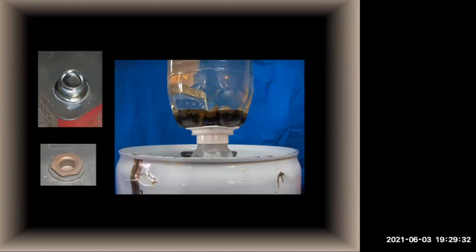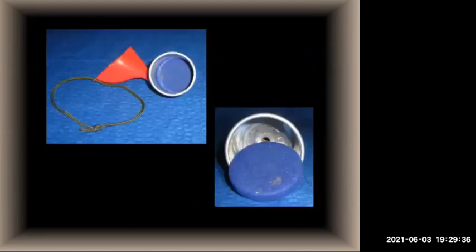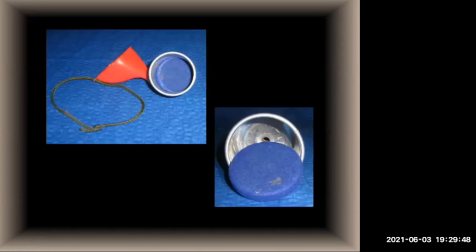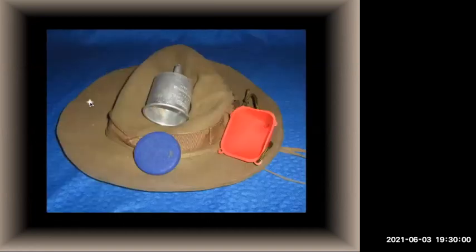Now, one of the things that you can do, because maybe you've had a can that's been opened, it's had gasoline in it, and it's been opened because you had to open it, is strain out the water. This is a trick that pilots use. They're bush pilots and people like this, where they've stored fuel in drums, and they use a funnel that has a little felt insert in it right here. This is a felt insert that goes down inside of that, or you can make your own with a felt